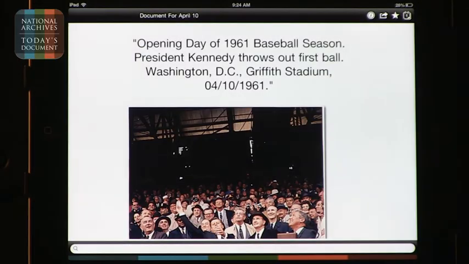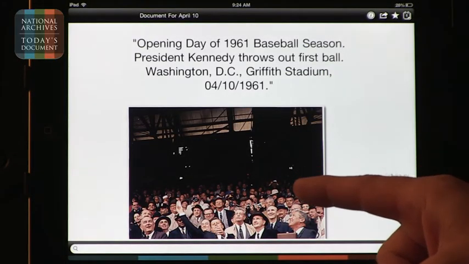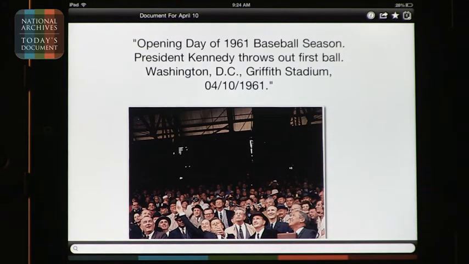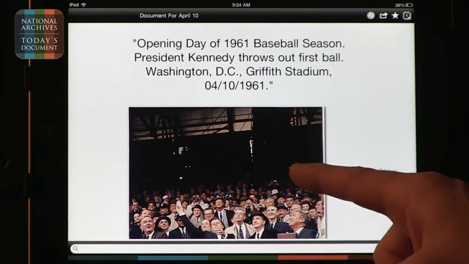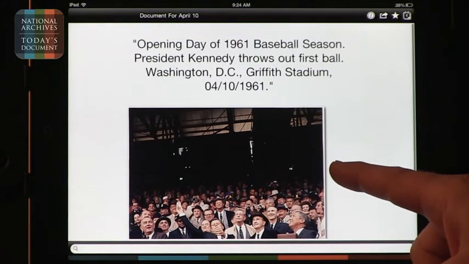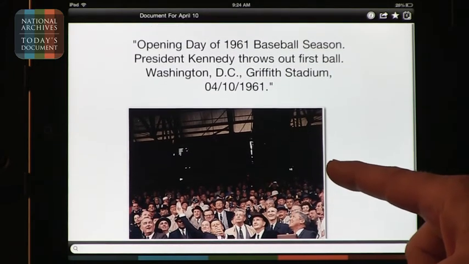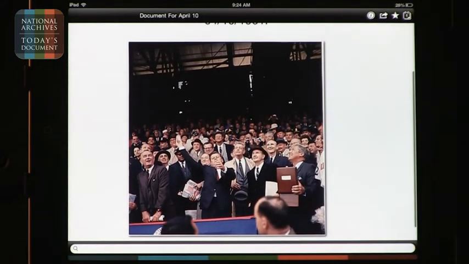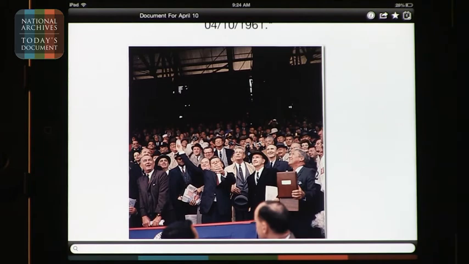Let's start with today's document. Every day, the archives have a document that pertains to something that happened in history around that time, not exactly that time. It is not always a written document, it's often a photograph, and as a result,